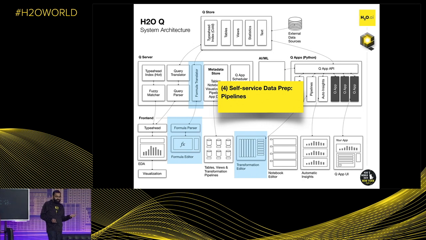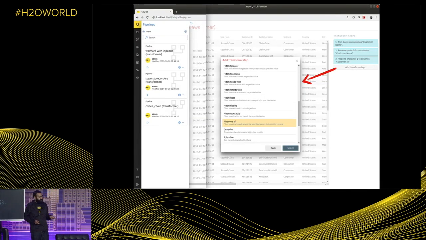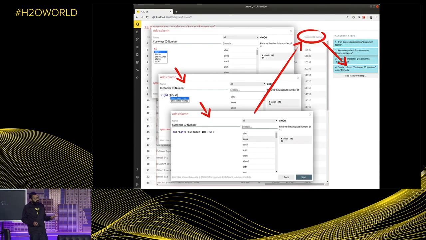We have self-service data preparation. There is a UI for adding transformation steps to a pipeline and then executing those. You can create arbitrary columns. There's a language called QLang in there, which is very similar to Python or Excel expressions, and you can use those to materialize columns and